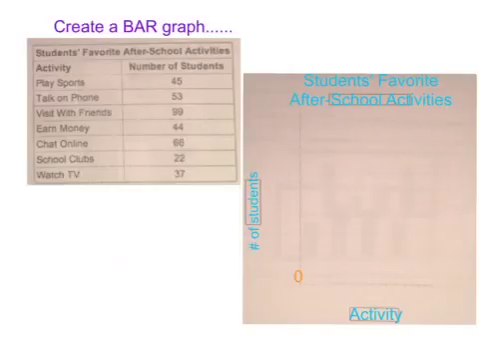So on the very back page, it says in the directions, create a bar graph. So please make sure you're creating a bar graph. I have also labeled the axis for you. The x-axis